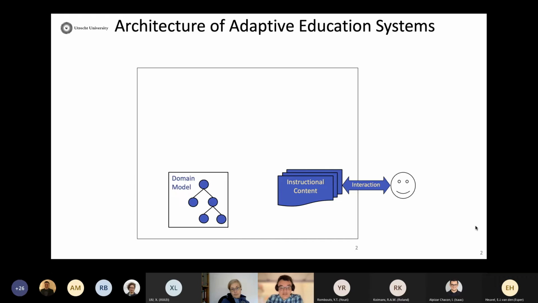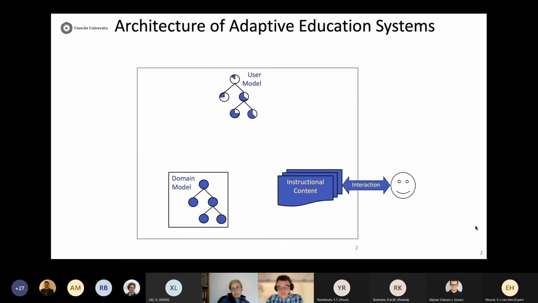Then there is also a domain model, a composite representation of all the knowledge in the domain in which this particular system works. Composite means that it consists of a set of atomic knowledge components. These components can be concepts, rules, topics, or skills, but in any case, they are a small piece of knowledge within the domain, and together they form the structure called the domain model.